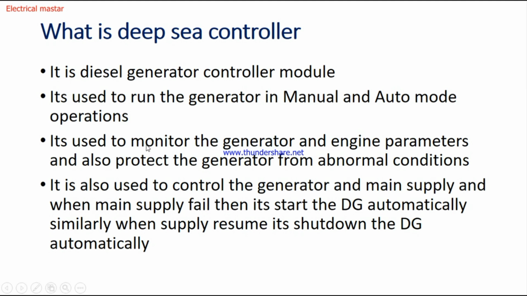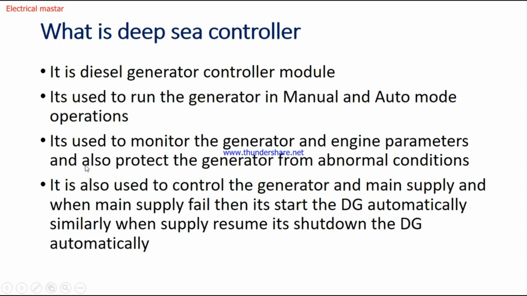It is also used to monitor the generator and engine parameters like generator voltages, line voltage and phase voltages, kilowatt, kVA, all the generator parameters. Similarly, engine parameters like engine speed, engine temperature, coolant temperature, oil pressure, all the engine parameters we can also